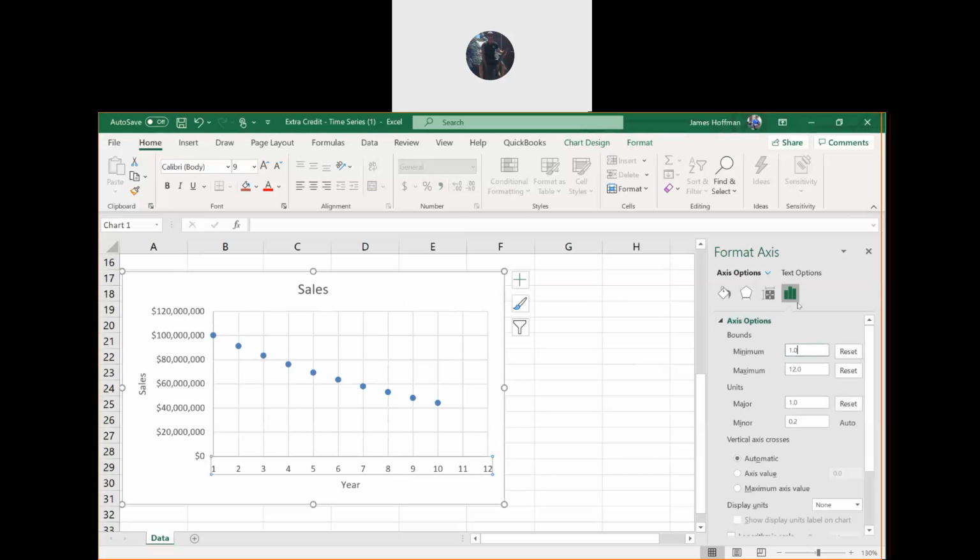Okay, so under the format axes box, you want to change the minimum to 1, the maximum to 12, and the units, the major units, to 1. So it should say 1, 2, 3, 4, all the way to 12 for each year.